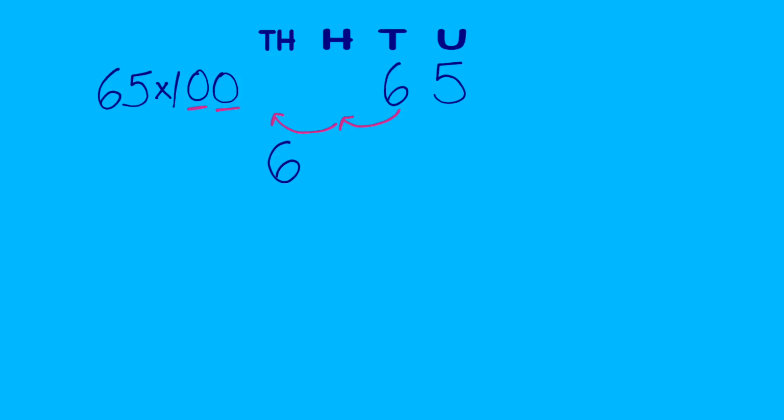And now I need to move the 5. So I'm going to move 2 places to the left, 1, 2, and I'm going to put that number then in the hundreds column. And now I've got 2 gaps, and I'm going to fill those gaps with zeros. So I've worked out that 65 times 100 is